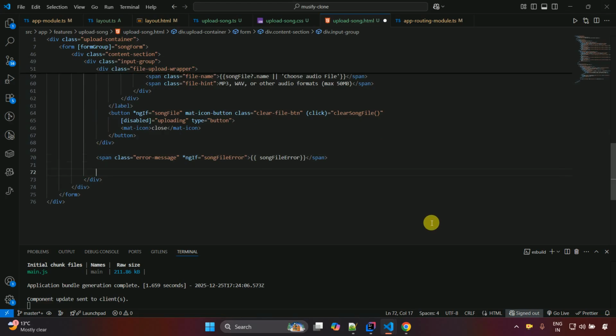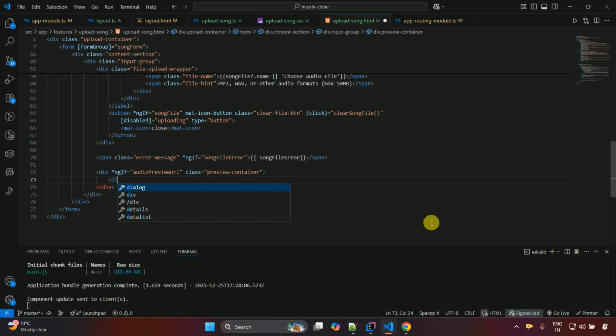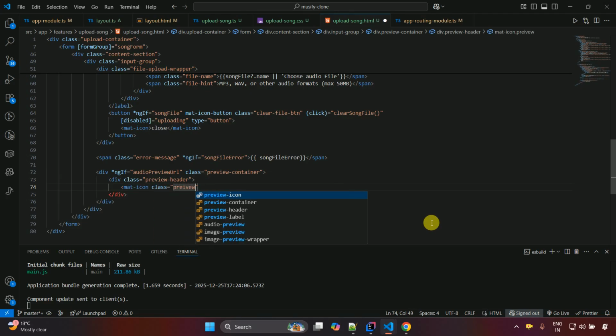So here we are going to create a div *ngIf audioPreviewUrl, and then we have a class preview-container, close this, and then we have a div class preview-header, and then close this one, and then mat-icon class preview-icon, and then